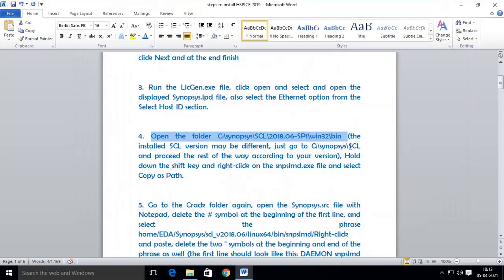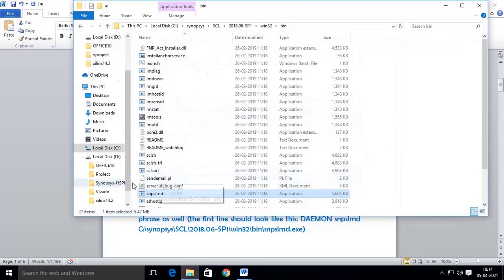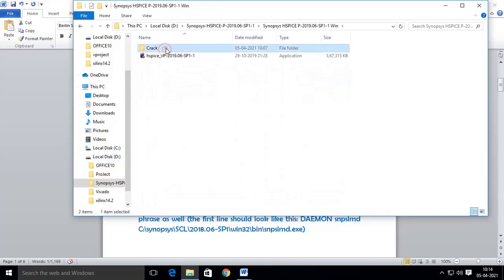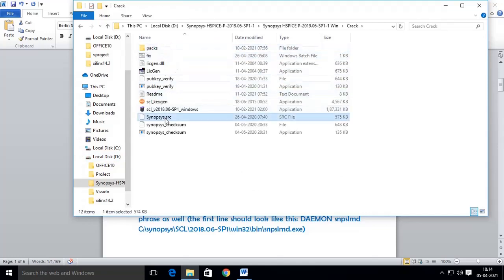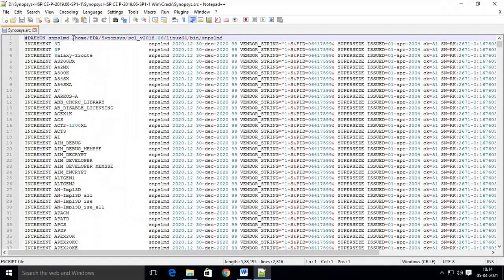Now go to the crack folder and open the Synopsys SRC file with your notepad. Copy that file location, and whatever you copied, replace it here,